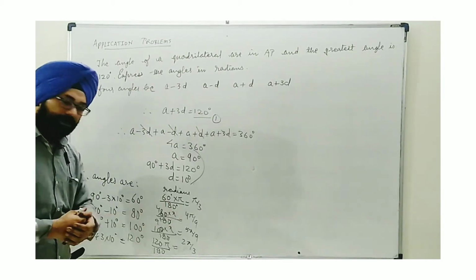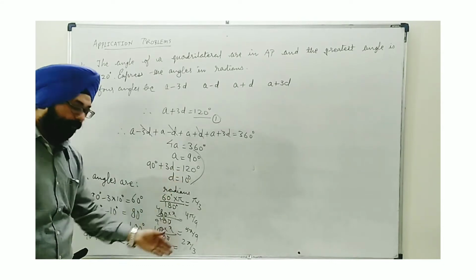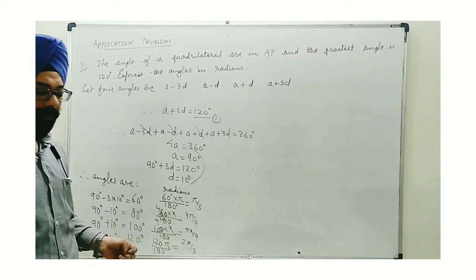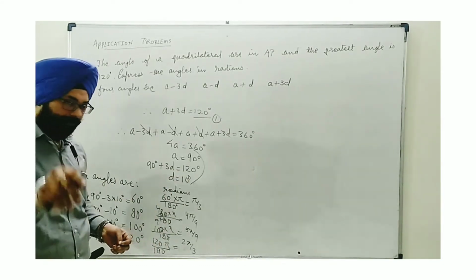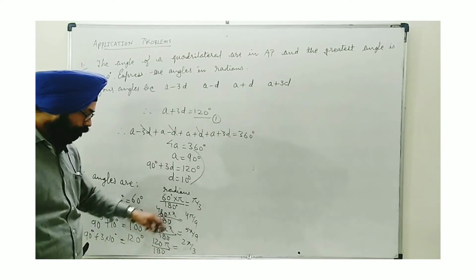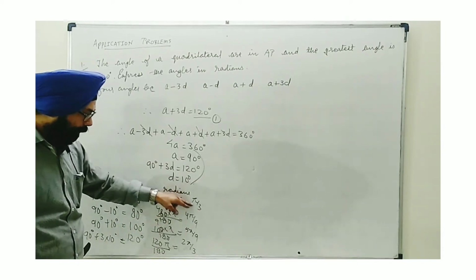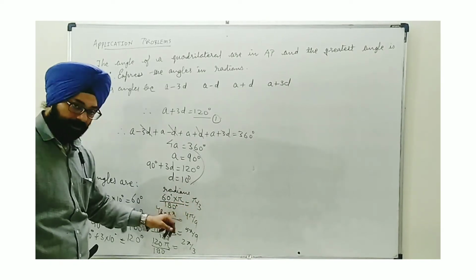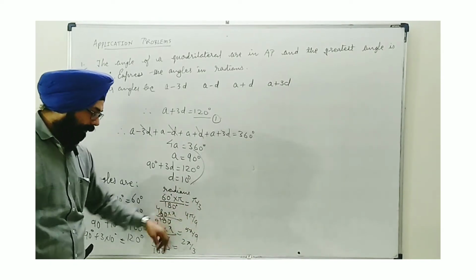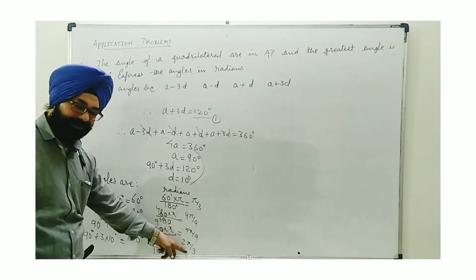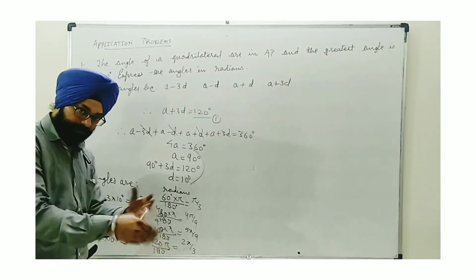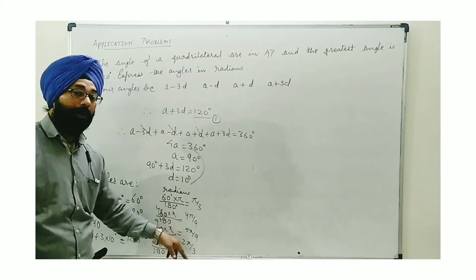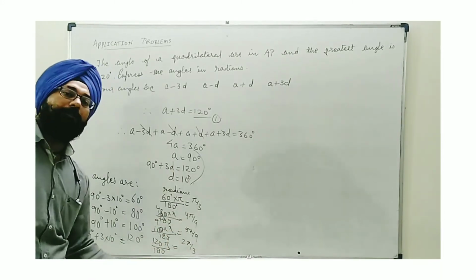By the way, these angles are having a pattern of AP. So let me tell you, here also you can catch the pattern. These are in simplest form, that's why maybe you are not catching it, but this becomes 3 pi by 9, which when you simplify, you will get pi by 3. Next comes 4 pi by 9, then comes 5 pi by 9, and surely this is 6 pi by 9, which when cancellation is taken gives 2 pi by 3. Otherwise these are in a fixed pattern.